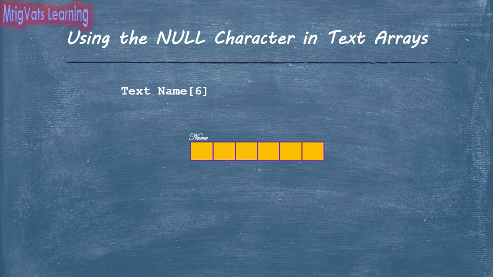To assign the null character to an element of an array, you assign \0 within single quotation marks or NULL without quotation marks to the array element. However, when you assign a constant string to an array, such as name is equal to Avyan, the constant text string is considered as a null terminated string. As a result, the element after the one assigned with the character n is assigned the null character. Similarly, when you accept a string from the user, as soon as the user presses enter, the text string is terminated with a null character which is assigned to the element after the last character of the text string.